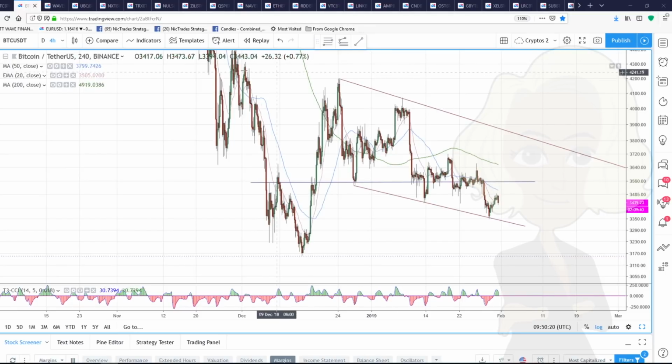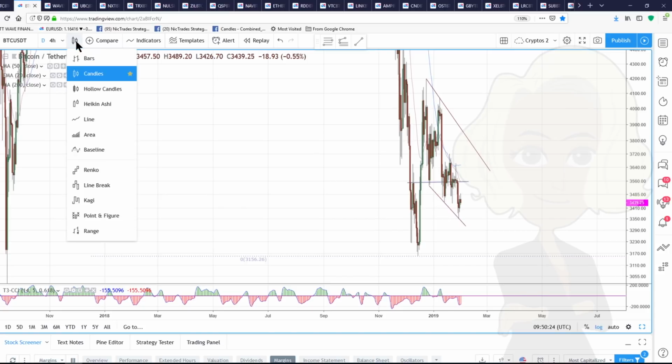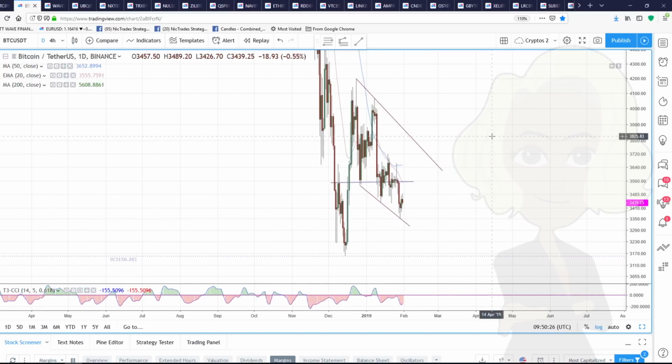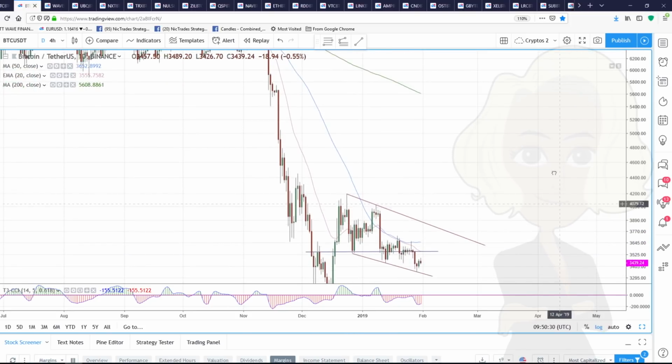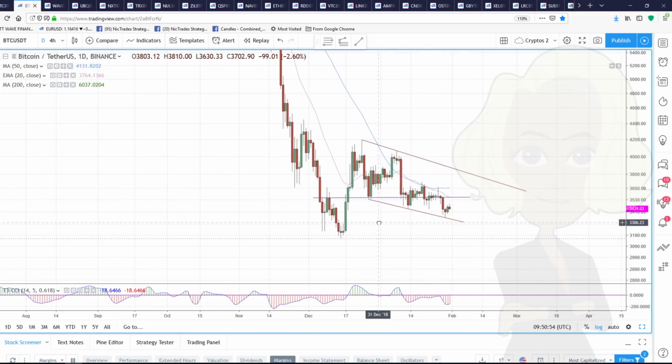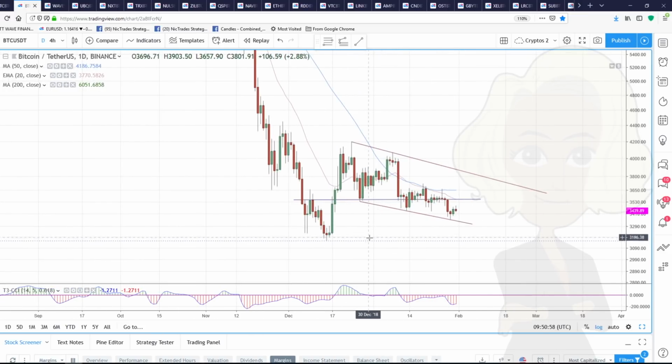So it's a pullback day in Bitcoin, which is really frustrating. One of the main reasons, I'm going to put regular candles on and zoom in. One of the main reasons it's frustrating is when you just look at a chart and look at the rallies in this Bitcoin here, when we had this impulsive rally off the low, we had a really nice,